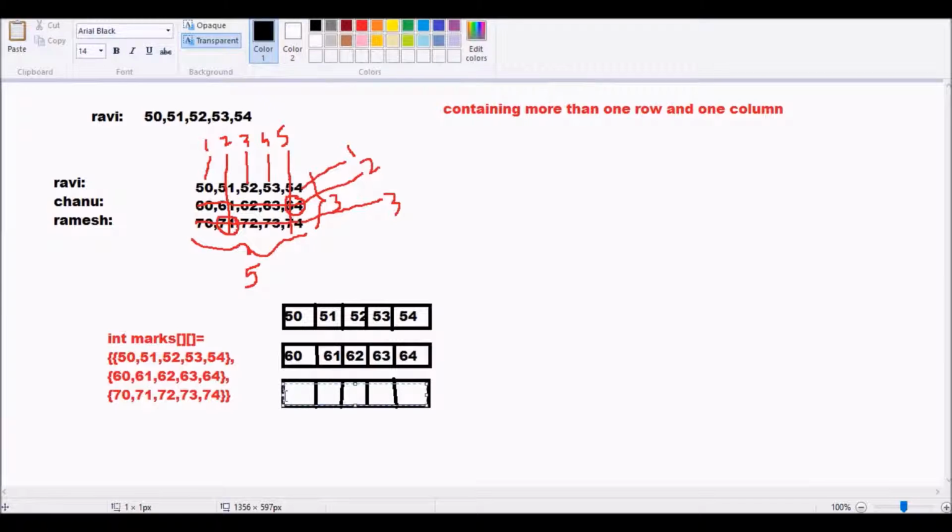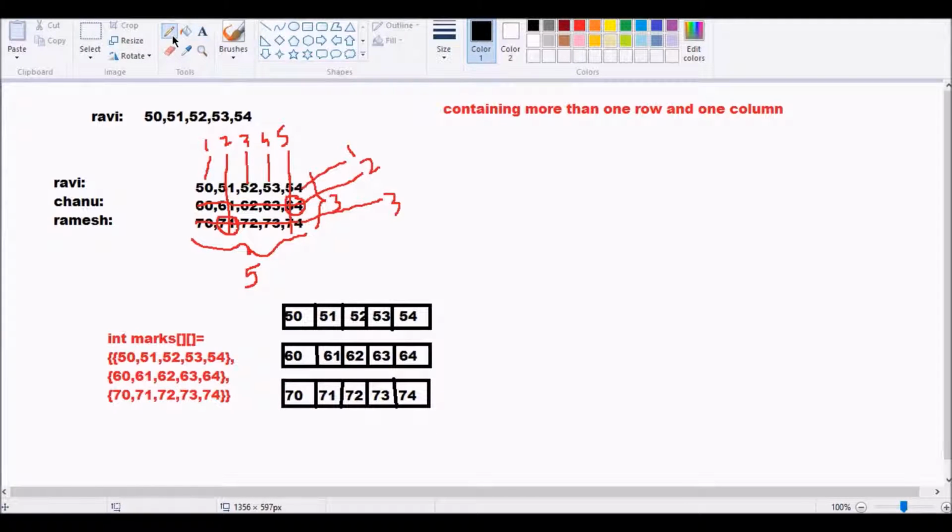For the third row the same will happen: 70, 71, 72, 73, and 74. We know the index starts with 0. So here it is 0, here 1, and here 2, and here also 0, 1, 2, 3, and 4. So this is one type of creating an array.